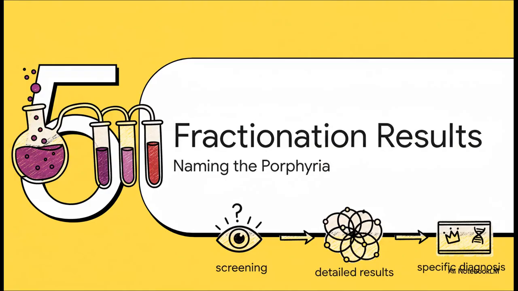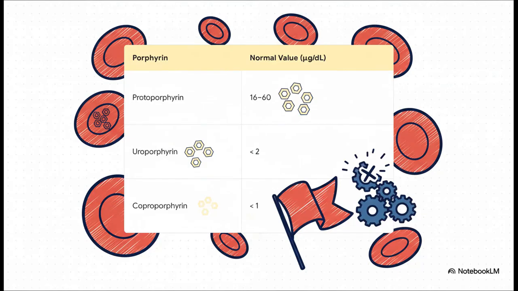So how do we take these super detailed results and actually name the disease? This is where we go from screening for a problem to confirming a very specific diagnosis. Okay, take a look at these normal values for porphyrins inside red blood cells. You'll see that protoporphyrin has a pretty wide normal range. But now, look at uroporphyrin and coproporphyrin. They're supposed to be incredibly low. We're talking less than 2 and even less than 1. This is the key takeaway. Any significant jump in these two is a massive red flag that points to a very specific problem on the